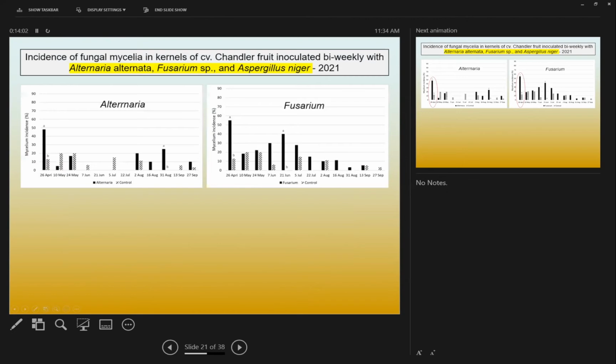So to study this, if this is true, in previous years, we inoculated walnuts starting in June, and we ended in October. But in 2021, we started really at bloom time to see if we'll have more infection with this type of inoculations. So these are nuts that are inoculated in the field on the trees, and they are maintained in net bags until the harvest time. And so we inoculated with Alternaria, Fusarium,